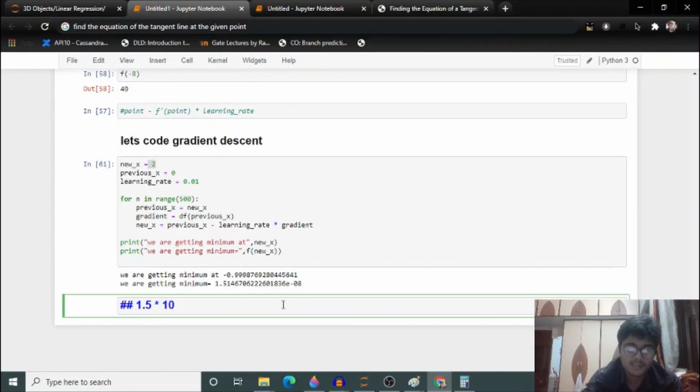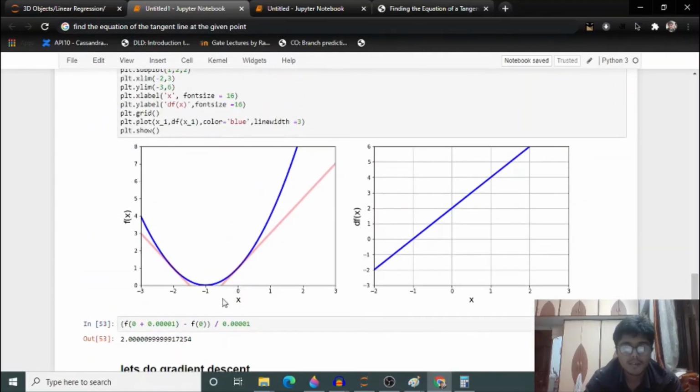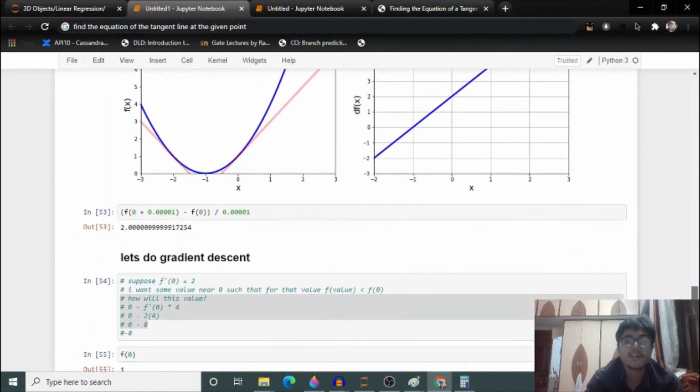So this e thing is actually a very small value, something like 0.000000015. So you can see that we are getting our minimum at 0 and at minus 1. So this gradient descent works guys.